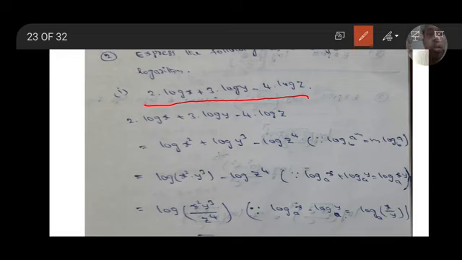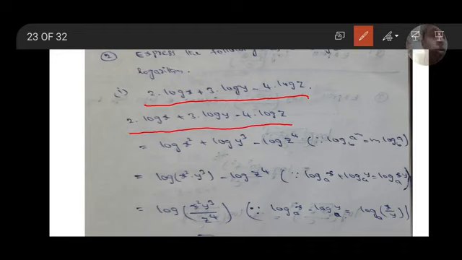So by using properties, the given function is 2 into log x plus 3 into log y minus 4 into log z. By using the property log a to the power of m to the base b equal to m into log a to the base b, in reverse order we have to use the property m into log a to the base b equal to log a to the power of m to the base b. So power 2 is there, it will come as x square. Coefficient 3 is there, y cube. Coefficient 4 is there, power 4. So log x square plus log y cube minus log z to the power 4.